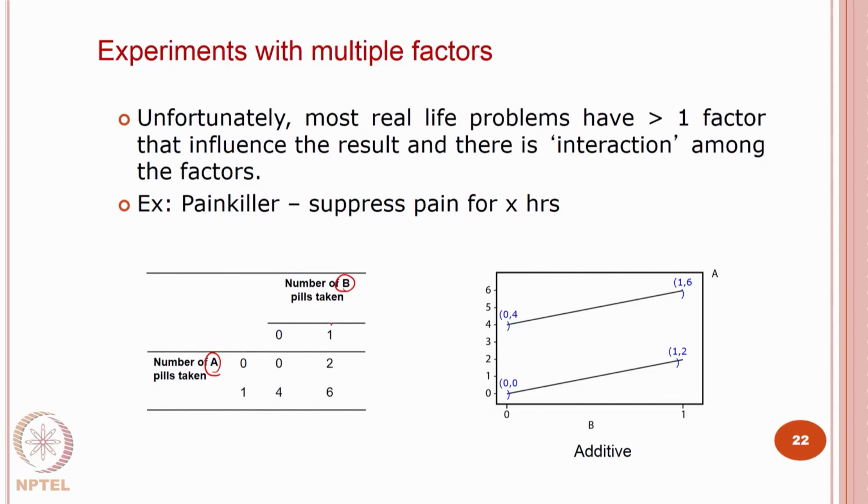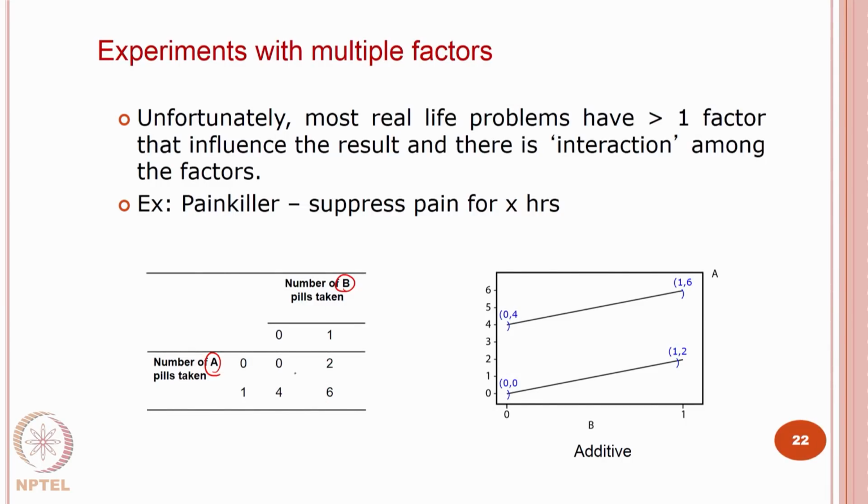If I am taking painkiller B, the pain is suppressed for 2 hours. If I am taking painkiller A alone, the pain is suppressed for 4 hours. If I am taking both of them, this A and this B, then the pain is suppressed for 6 hours,